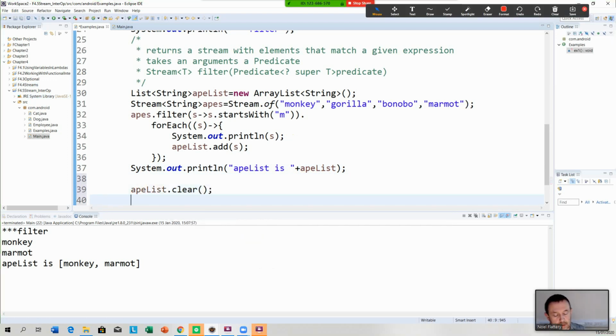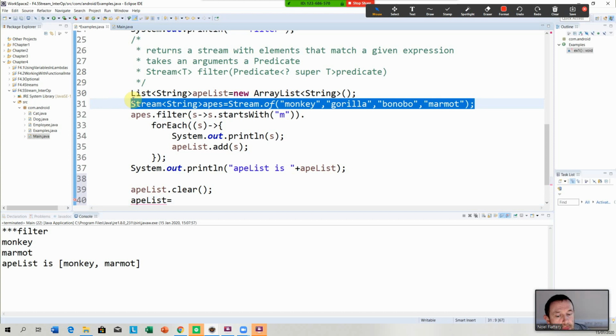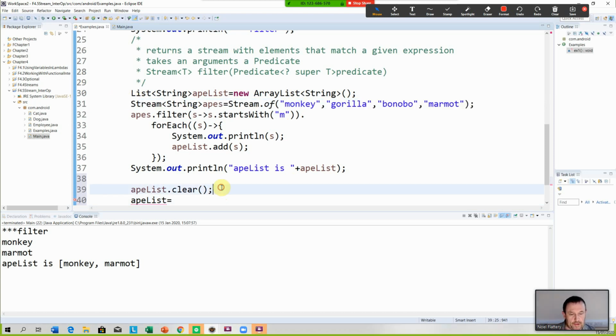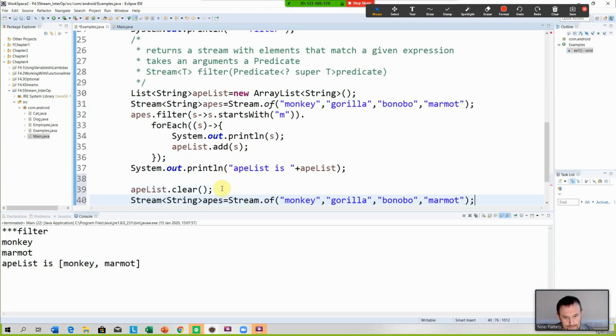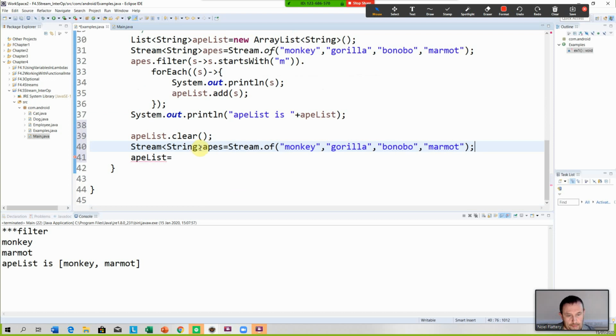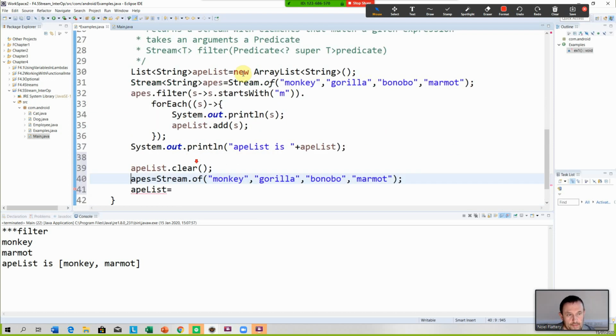Okay, so I'm going to say ape list is equal to, put all this above it as well. So I say all of this,